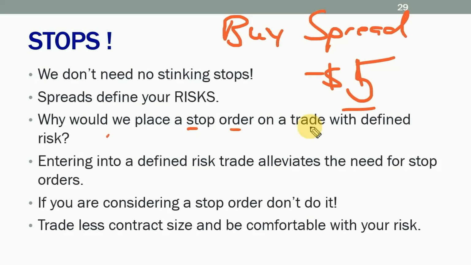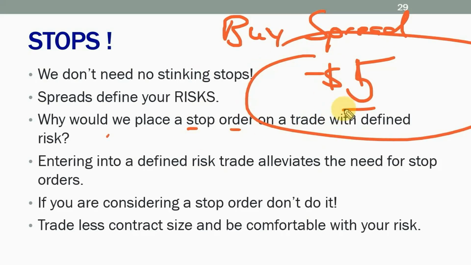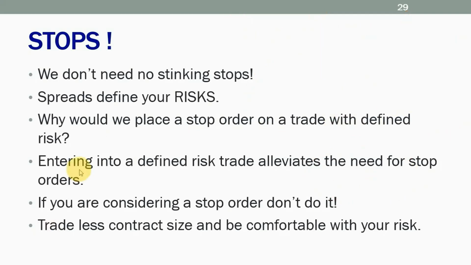Because if a spread defines our risk to $5, or for example to $1, why would you find it plausible to need to further define your risk on an already defined risk trade? Do you not see where I'm going with this? You go, I don't want to lose $5. Oh, see, the root cause is about allocation. One of the things you've got to take away from this course is that this is not just about in-out spreads. This is about account growth. It's about allocation. It's a kind of multifaceted course that we're going through today.